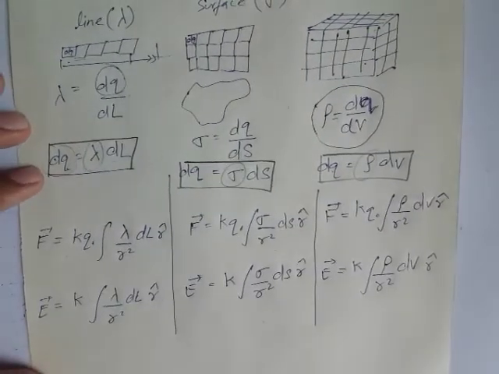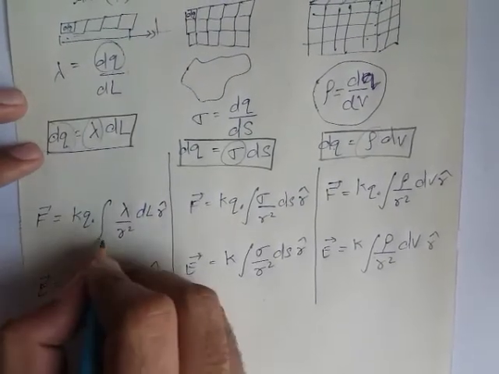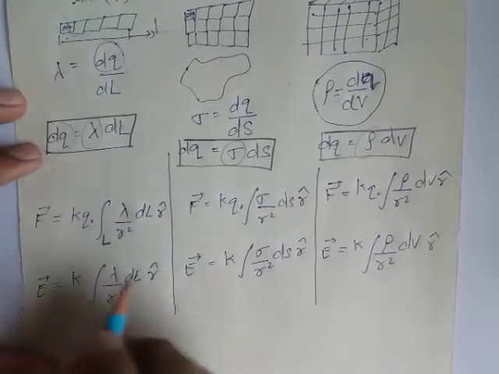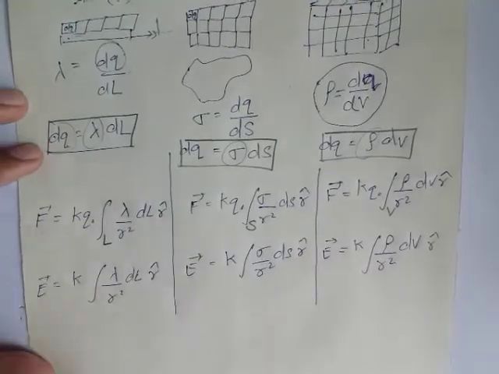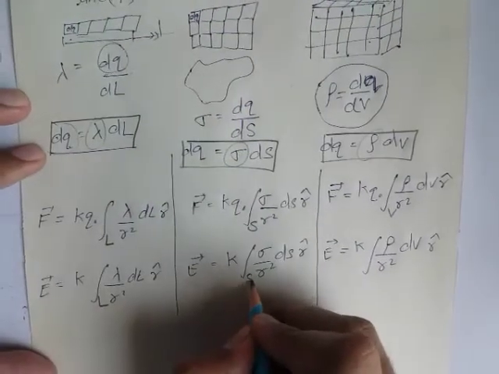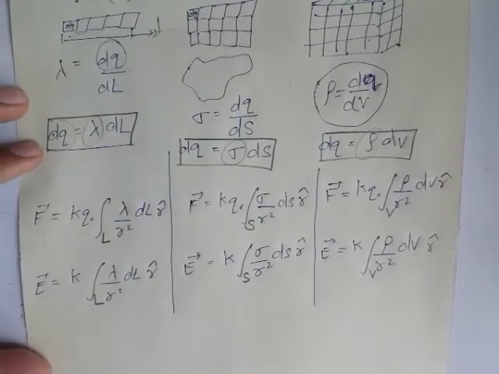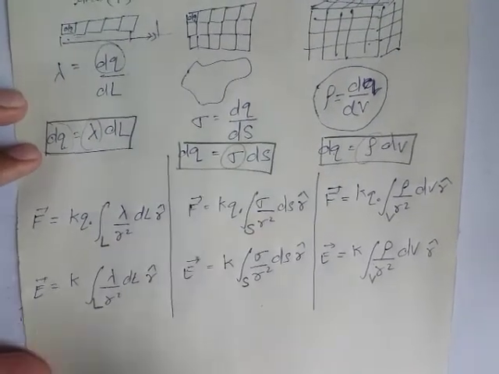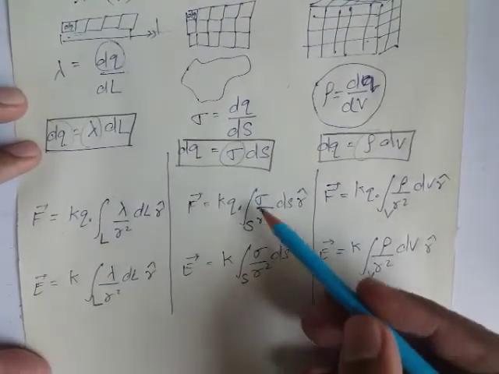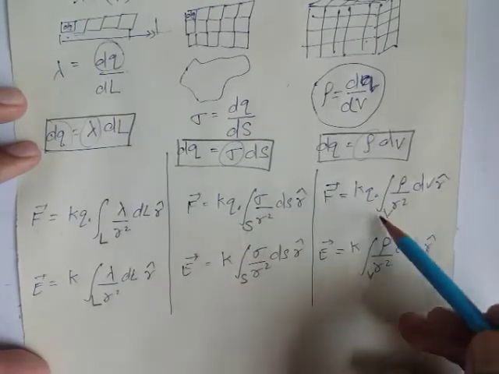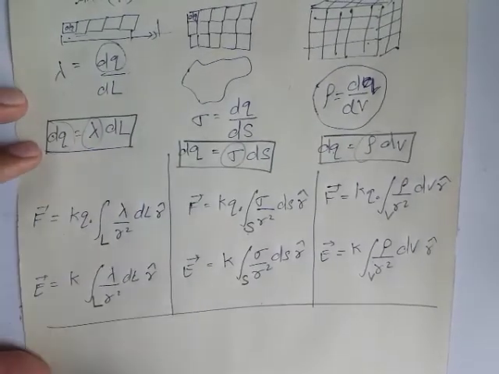Now there is a small thing we need to take care of. If we are doing a line integration, we will denote it with L. If it is done over a surface, then S. If it is over a volume, then V. Same way, L, S or V. Even if different values are given, from 0 to some length, 0 to pi, or some area, then we can place them over here in the limits. Okay, this is the continuous charge distribution. Thank you.